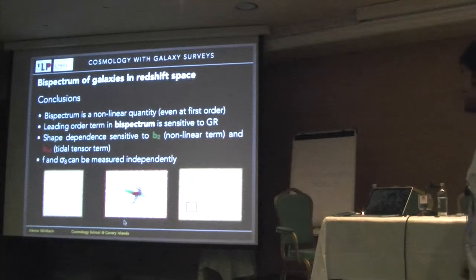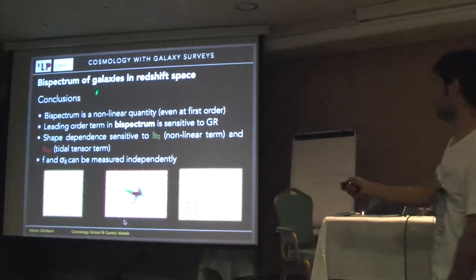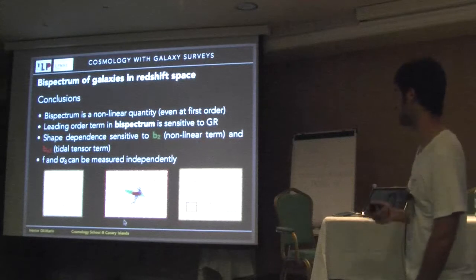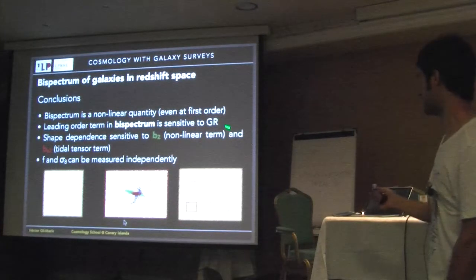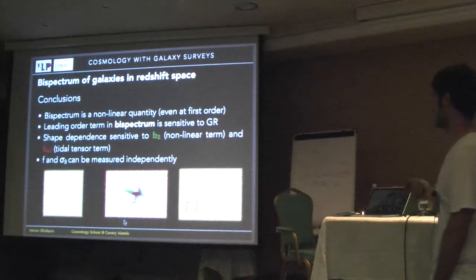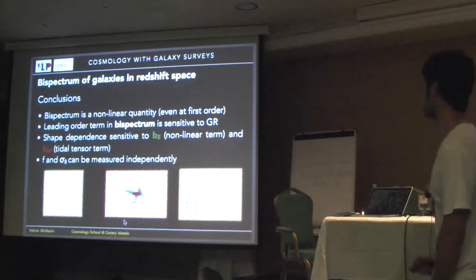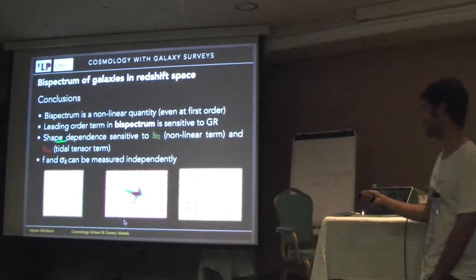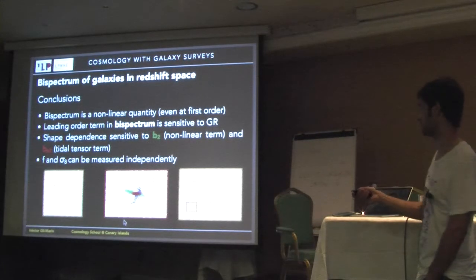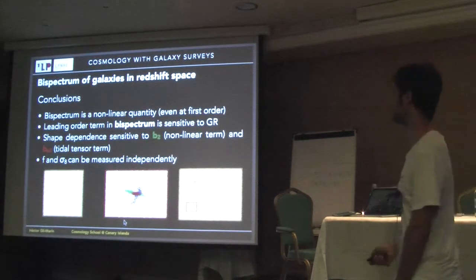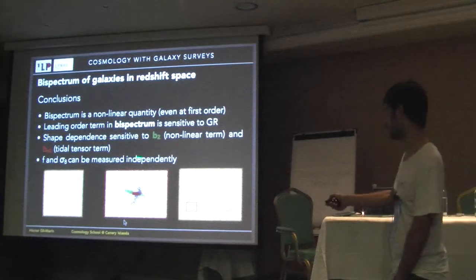So, as final conclusions of the bispectrum part: remember, the bispectrum is essentially a nonlinear quantity. Even at first order, it contains delta 2 terms. It's sensitive to GR, and this is the main motivation for using the bispectrum to measure things. If we want to test the theory of gravity, it's probably the best observable to look at. But it's also very good for measuring the second-order bias term. We've seen here that the second-order bias term was poorly constrained by the power spectrum alone. And finally, it also can be used to